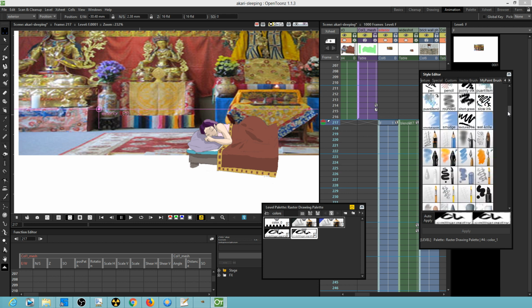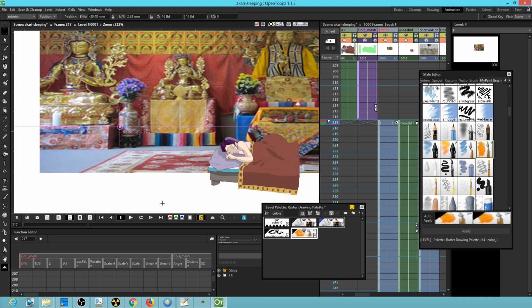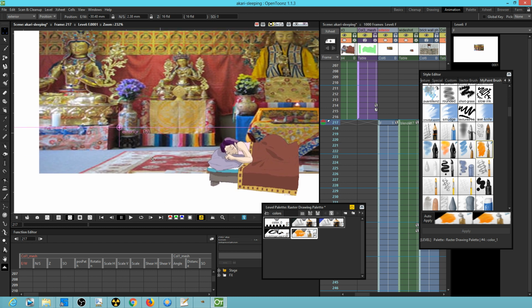And what I think I want for this is more of a painterly kind of thing. So what we're going to do is dance between using the R key to sample colors, and then using this paintbrush to go ahead and